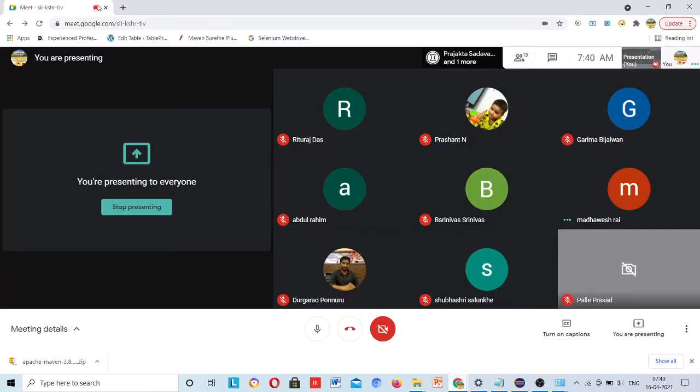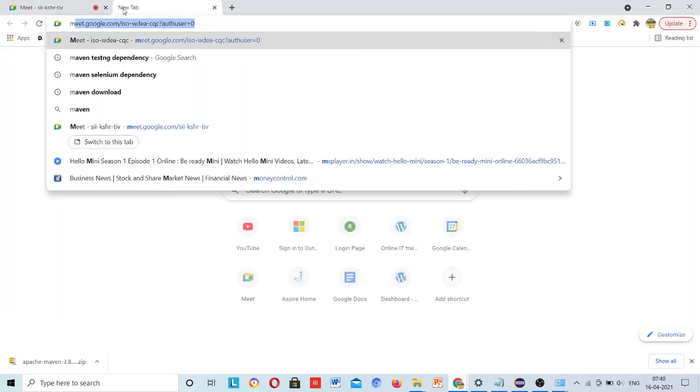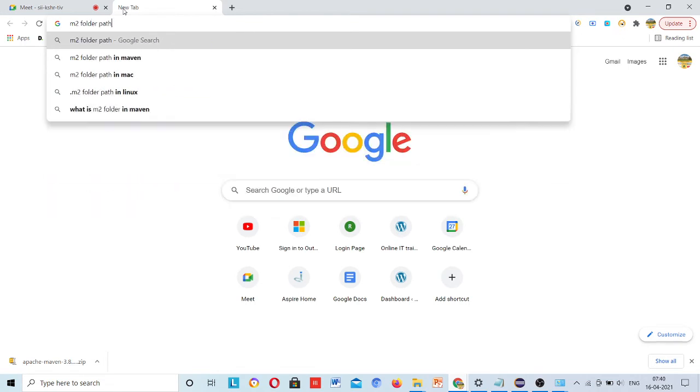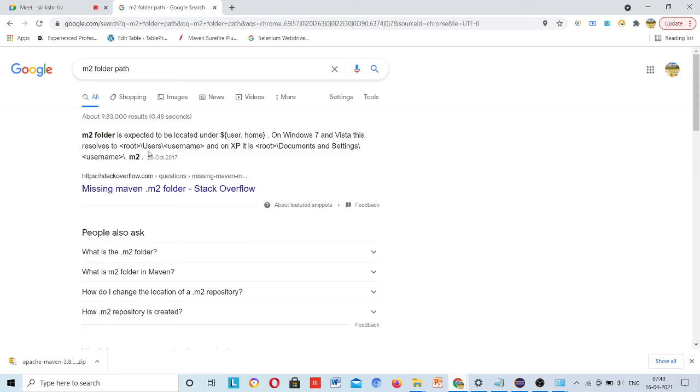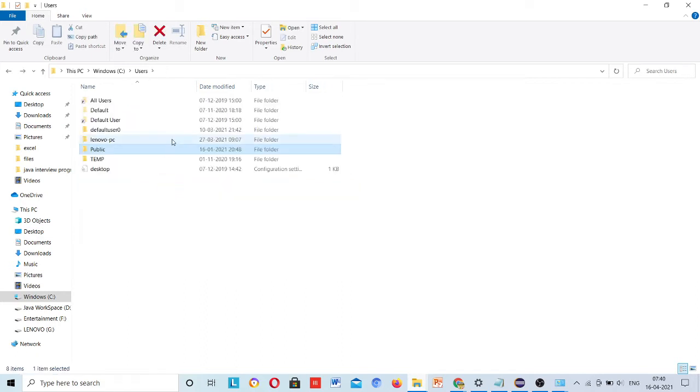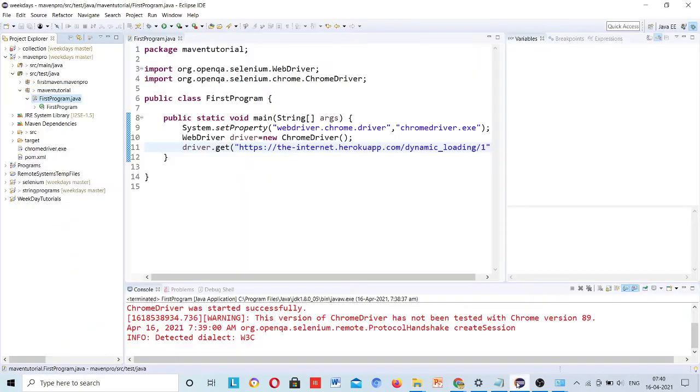No, I'm not searching for the M2 folder path. It is under username, users, documents. Okay, inside users it creates an M2 folder, and I want to show you that it creates the M2 folder.